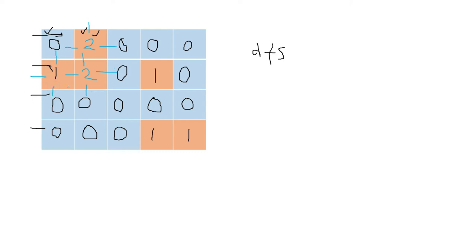But this direction we can't go because those are 0, and this is out of boundary or out of grid. So we can't go. From here we can't move anywhere, so we will just simply update it as 2. Now if you check the DFS call which we started from this particular cell, from here we can't move anywhere else. So one of our DFS calls is completed.